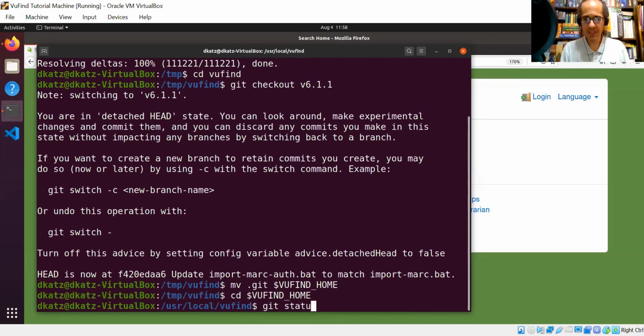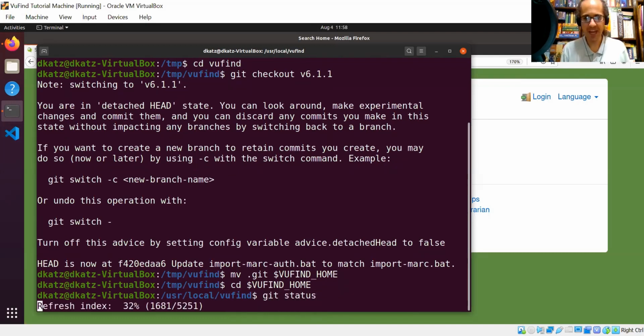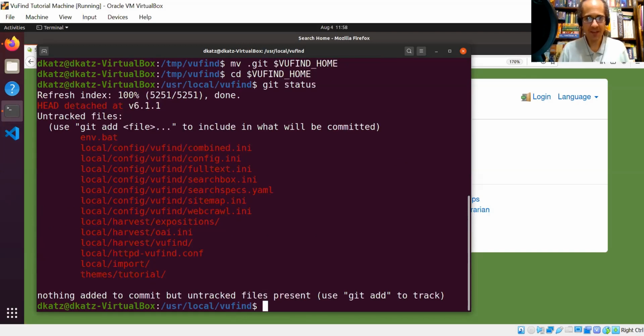And now if I do a git status, instead of telling me this is not a repository, it's going to reindex itself and then tell me we're at a detached head at version 6.1.1, and there are a whole bunch of untracked files. This is exactly what we want. We're not seeing any diffs, which means that we picked the right version and we haven't accidentally edited any core files,